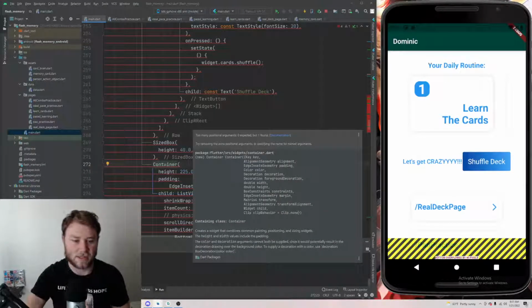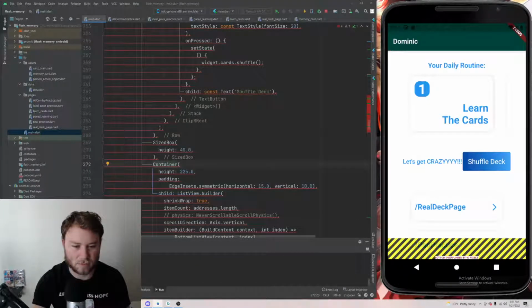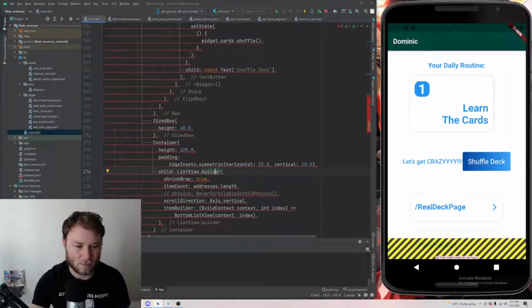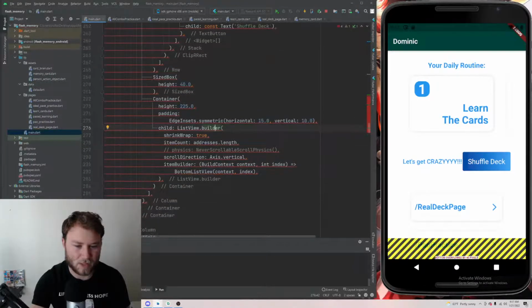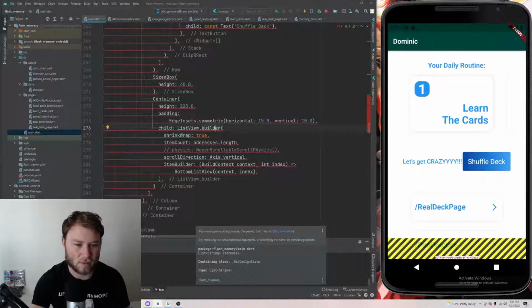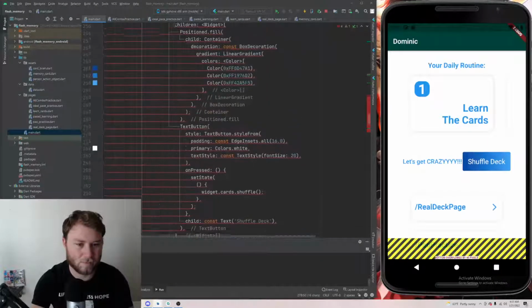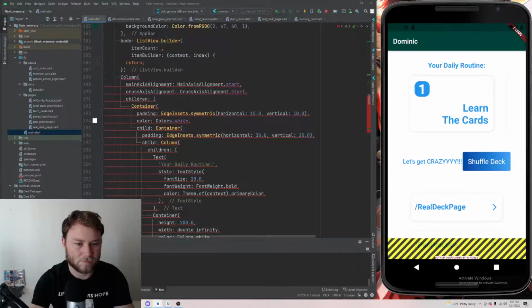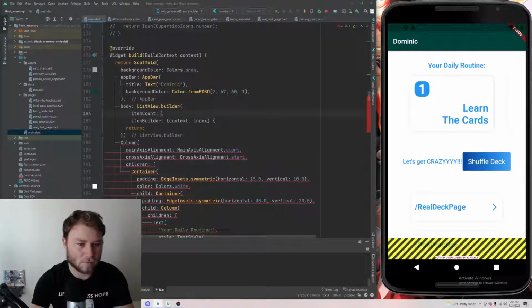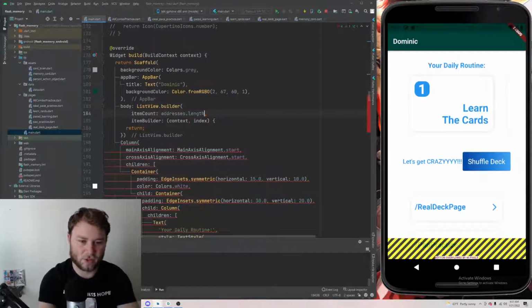And then let's see the container, list view builder. And let's see how I'm... so the item count, we're going to make it addresses.length plus